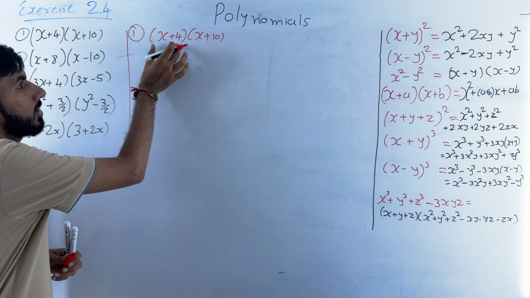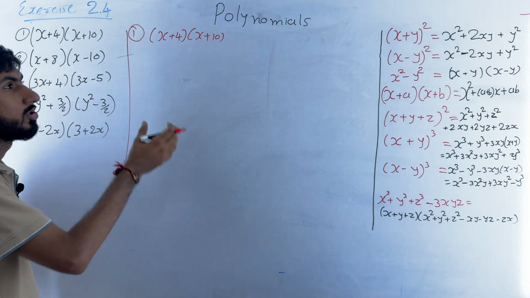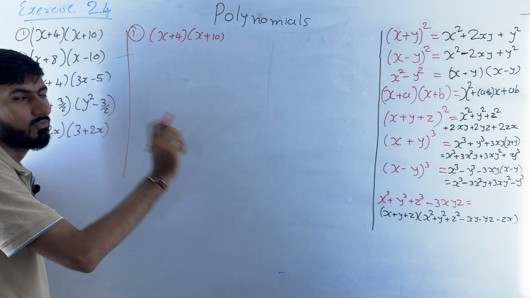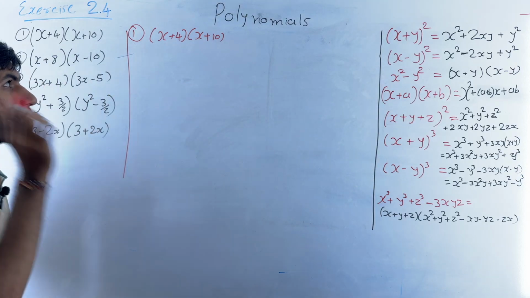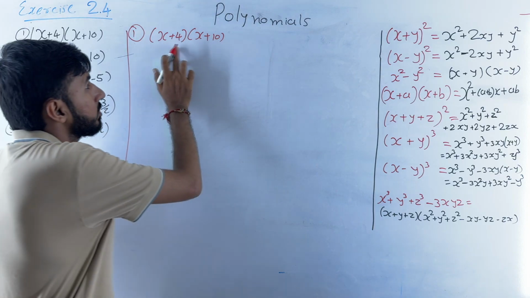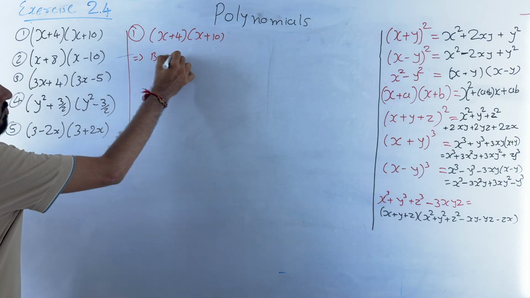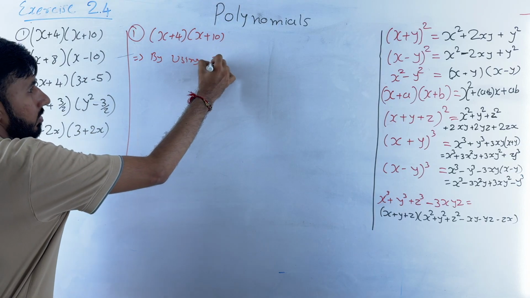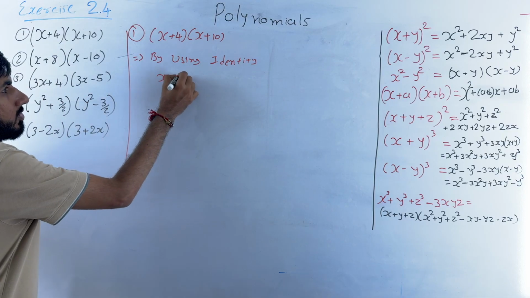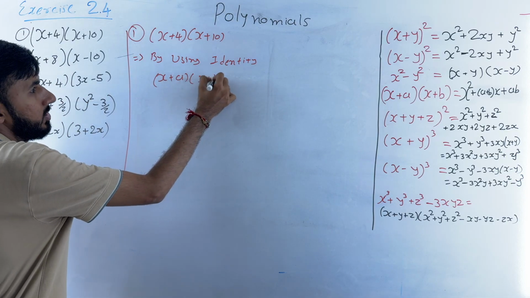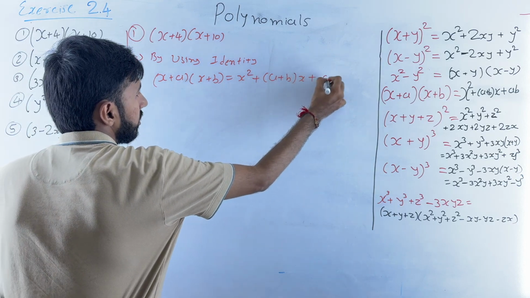In this question, we don't have two similar terms. That means we don't have square, right? We don't have cube. So we will use identity number 4, that is x plus a multiply x plus b, right? By just watching the question, you can say that you can only use x plus a multiply x plus b identity, right? So by using identity x plus a multiply x plus b is equal to x square plus a plus b x plus a into b,